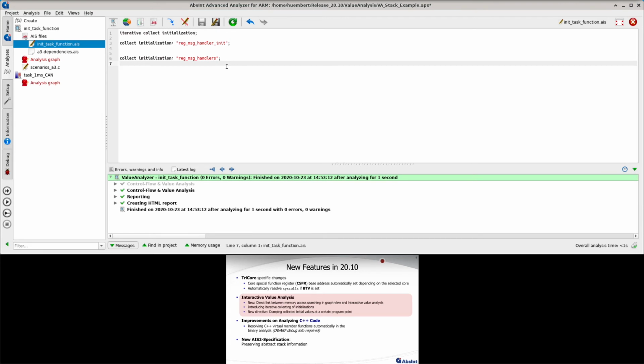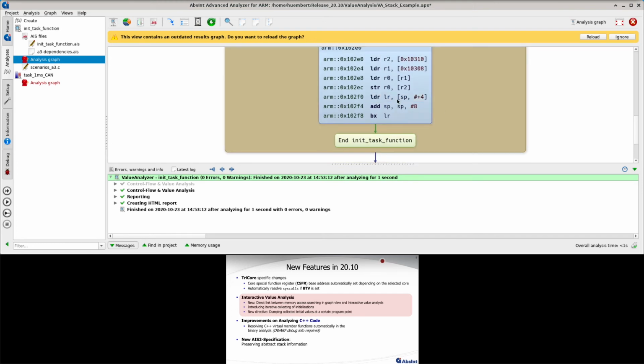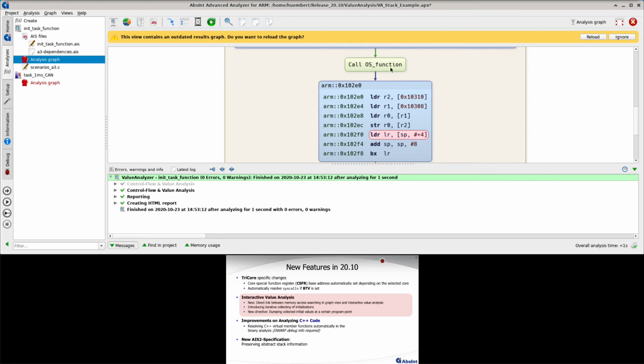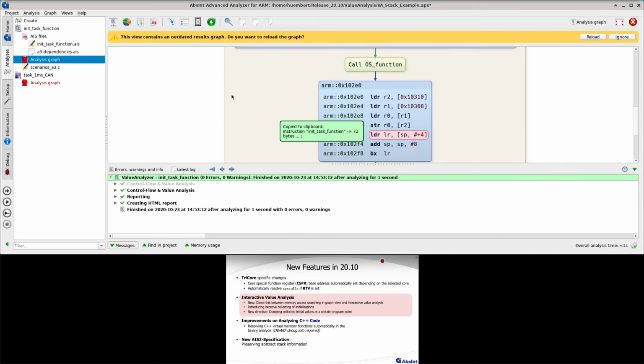We can also alternatively dump collected initial values at a certain program point. So for instance, we could go to the analyzer graph and say, for here after that call to the OS function, now we are not losing the value anymore since we have saved it in the collection. We could say, let me dump the data flow value for my register message handler here after it has been stored. For instance, at this program location, you can say copy the annotation, program point, and then let's go to